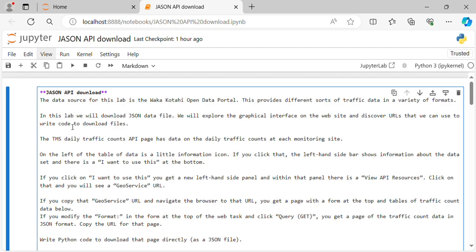Today we are going to look into JSON API download from the web page. The data source for this lab is the Waka Kotahi Open Data Portal. This provides different sorts of traffic data in a variety of formats. In this lab, we will download a JSON data file. We will explore the graphical interface on the website and discover URLs that we can use to write code to